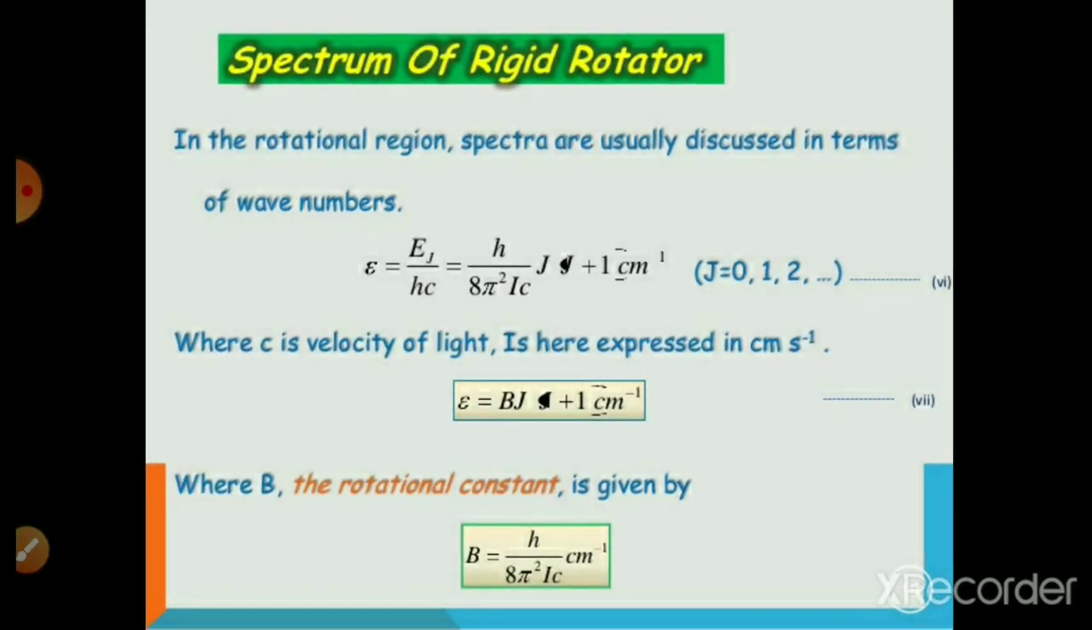Now, the spectrum of a rigid rotor. In the rotational region, the spectra are usually discussed in terms of wave number. Here epsilon is equal to E J by h c, which is equal to h by 8 pi square I c times J into J plus 1 centimeter inverse. Here J is equal to 0, 1, 2 and so on, where c is the velocity of light, expressed in centimeter per second. So epsilon is equal to B J into J plus 1 centimeter inverse, where B is